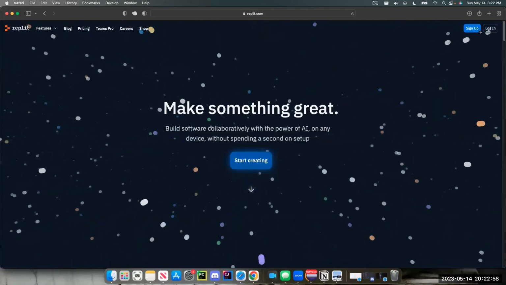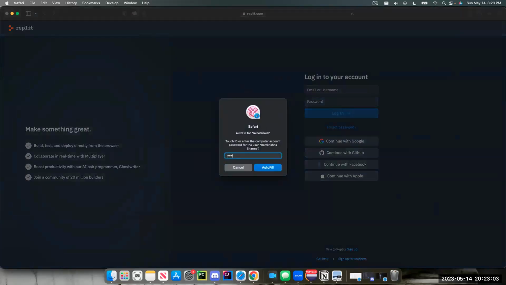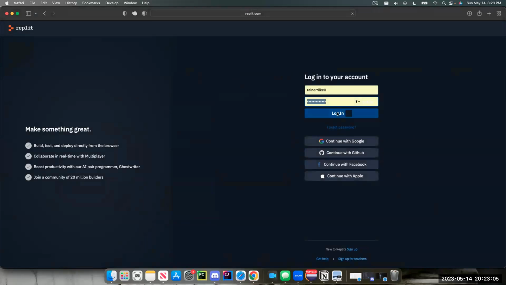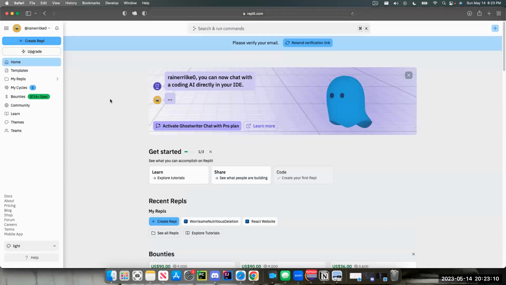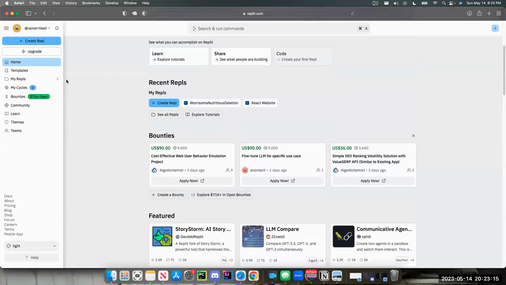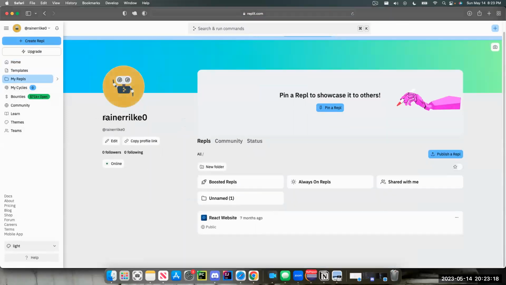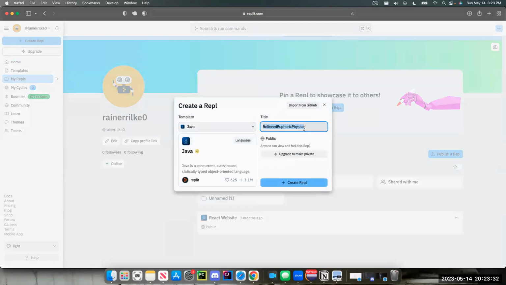There's something called Replit. If you log in here, this is kind of the equivalent of Figma, where two people can actually code together. So I can create a REPL. Let's see, my REPLs. So your REPLs will be stored on your profile. And if you want to create a REPL, you can click create REPL, and you can do Java, and it'll give you a default